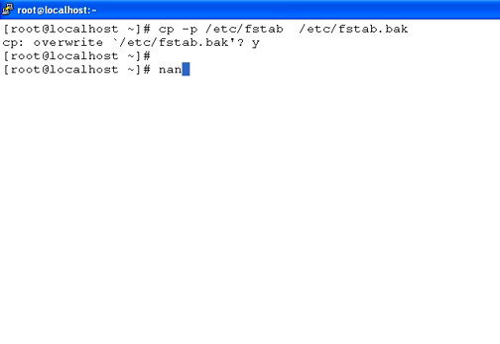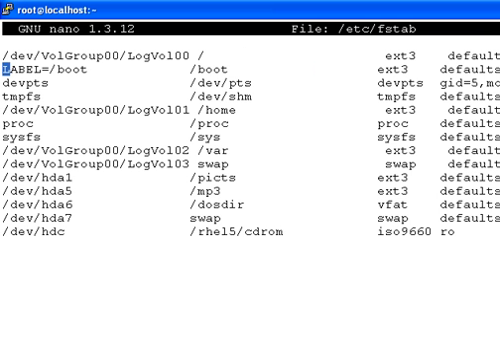So we'll do nano -c /etc/fstab. This file will always be read by the system each time the system reboots. The system will check what is to be mounted automatically inside this file. So we want mylv to be mounted automatically each time reboot. We have to specify inside here